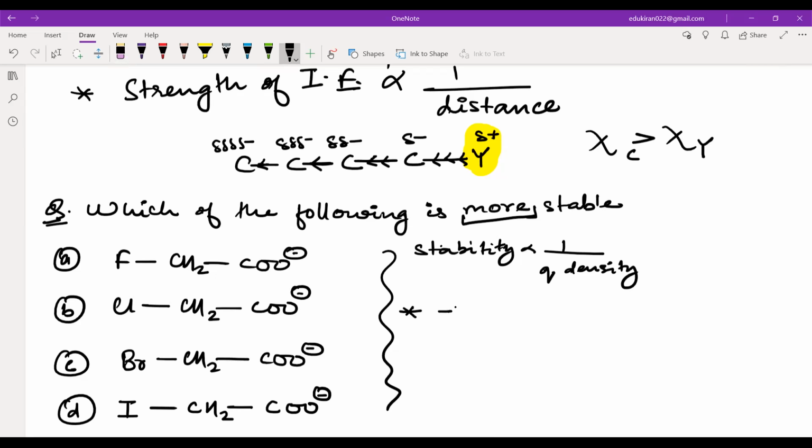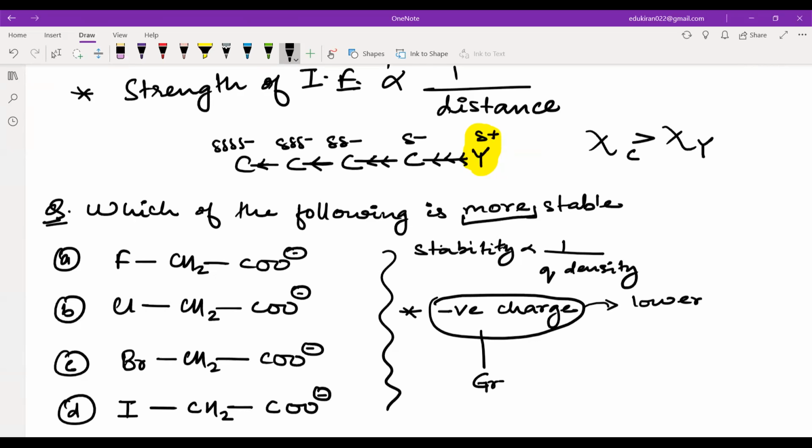Negative charge. Okay. So if you have a negative charge and you want to lower it, I want to lower the negative charge. Then I will attach some group here to our negative charge. Now you tell me, if I have attached this group, should this group give more electrons? Should it be an electron donating group or a withdrawing group? What do you think, if I want to lower the negative charge?